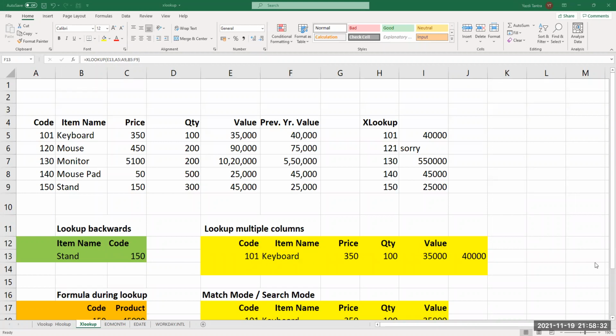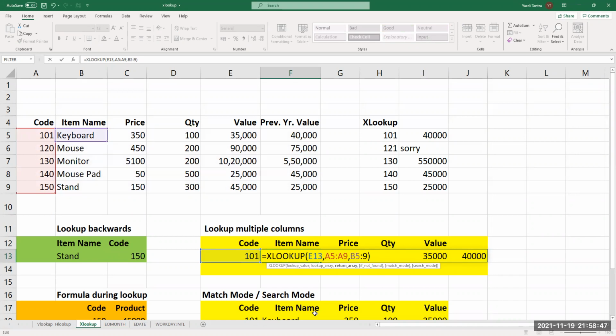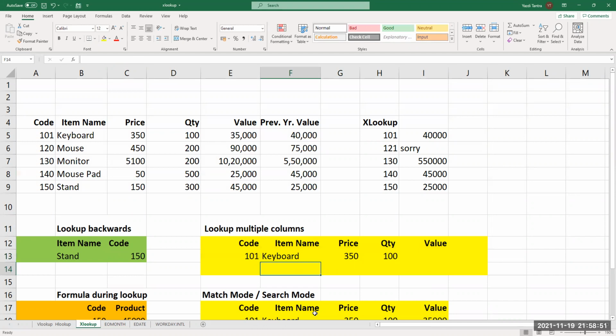Suppose you make a mistake writing the formula, what happens? If you make a mistake, you make a mistake. If you say F9 but only D9, you get only that much. It doesn't suggest a correction. It doesn't know what is in your mind. You might want only the price and the quantity, or you might just want the value.